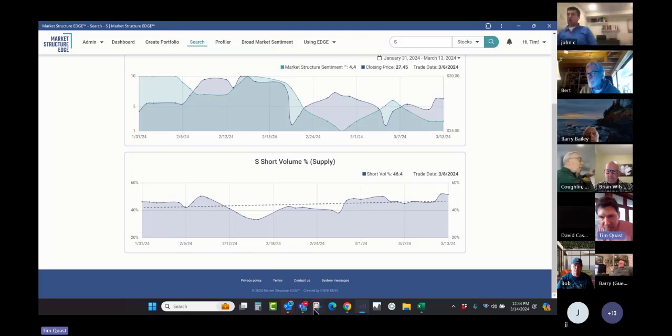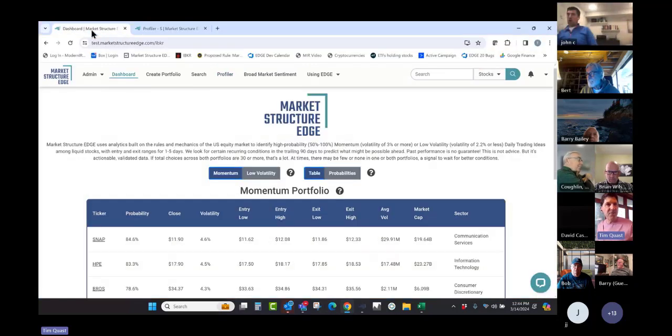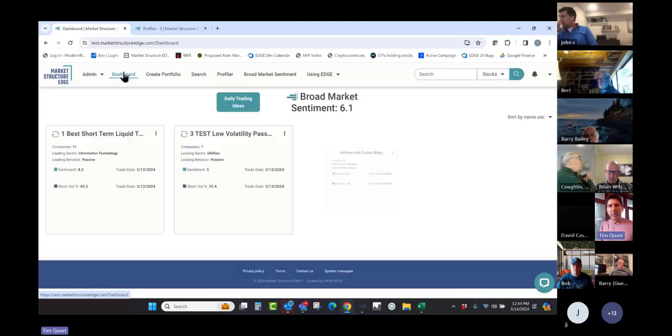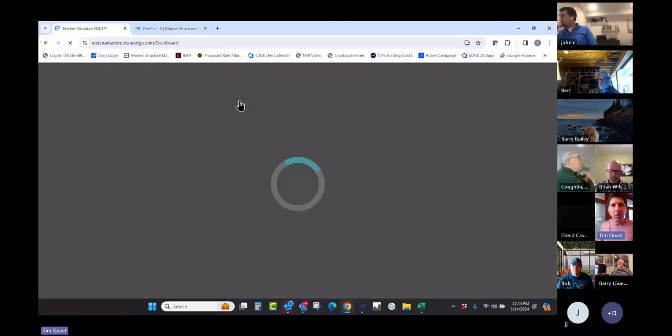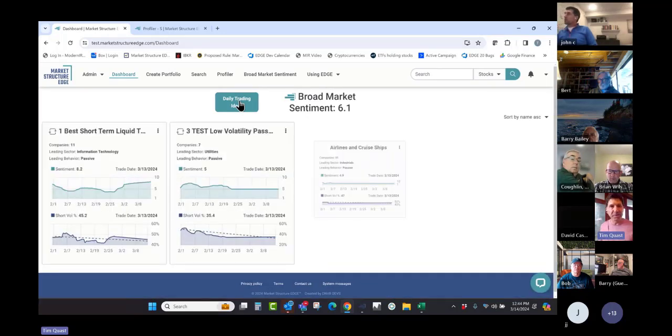Okay, now let me go to this stuff I want to show you. Let's see here. This is in the test environment. So when I say test, it's in our test environment. Some of you probably have access to this who've been with us for quite a long time. But it will be at the top of your dashboard. It will look like this. So it's going to say daily trading ideas. Sorry, I'm going to have to refresh that. So you could just click on that button and it's going to take you to these views. We haven't calibrated this stuff everywhere.